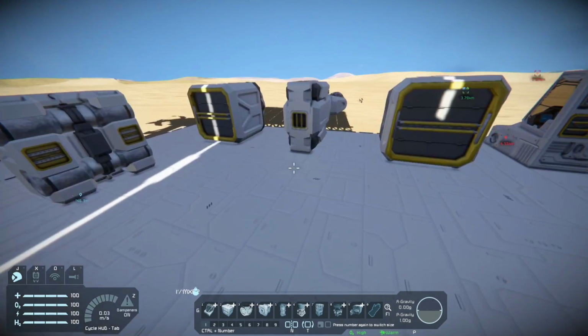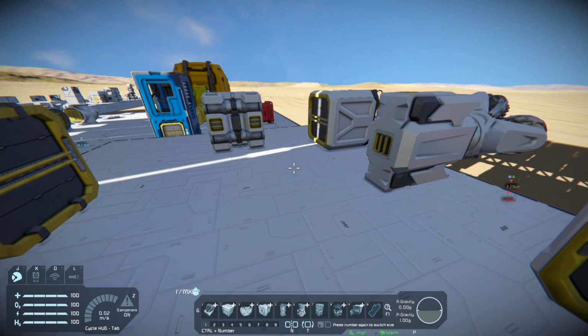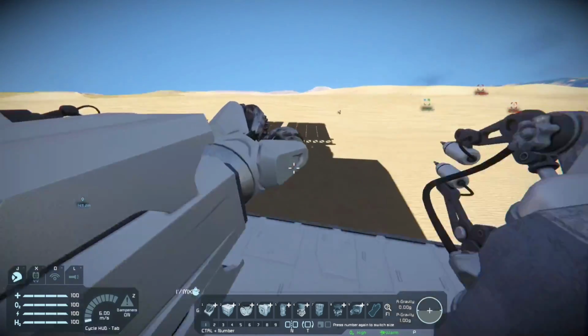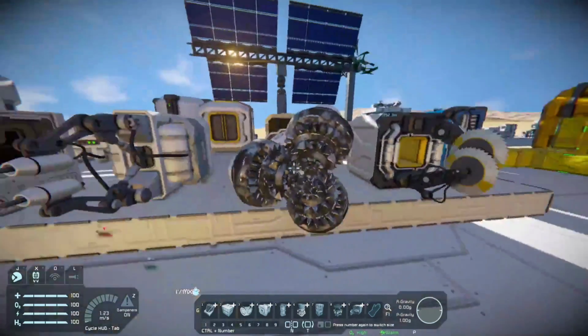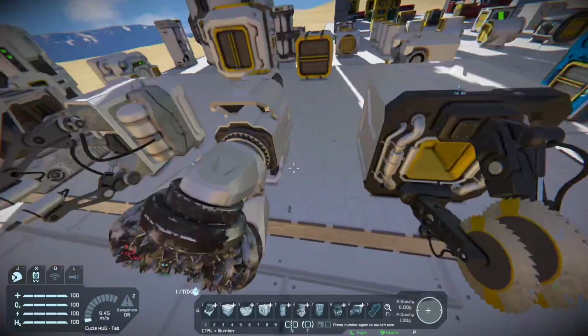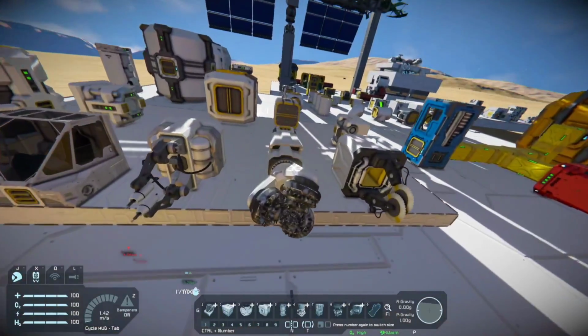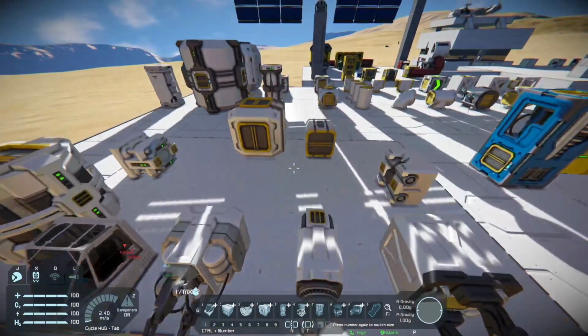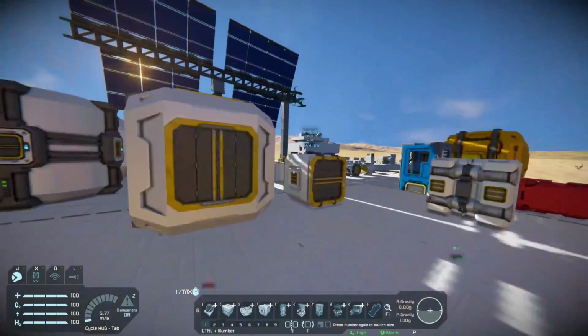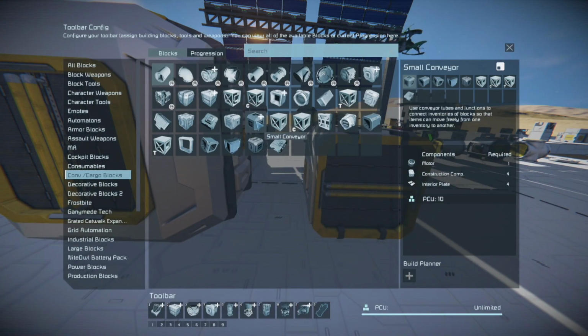The one thing to figure out before you start building anything is what it's going to be used for. So what I mean by that is, are you going to be using it as a miner? Are you going to be using it as a welding ship or as a grinding ship? Those two kind of go hand in hand because of the components. A miner that only is going to be carrying ores is fine,